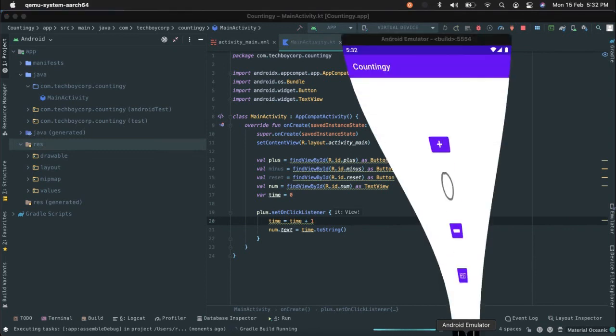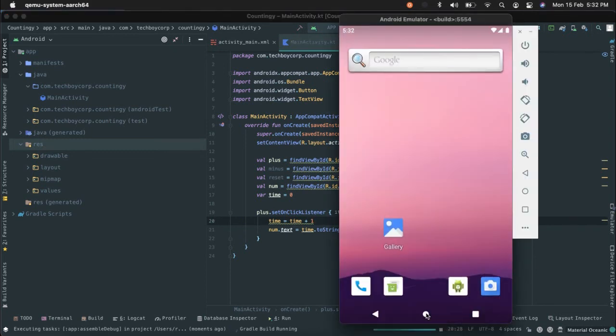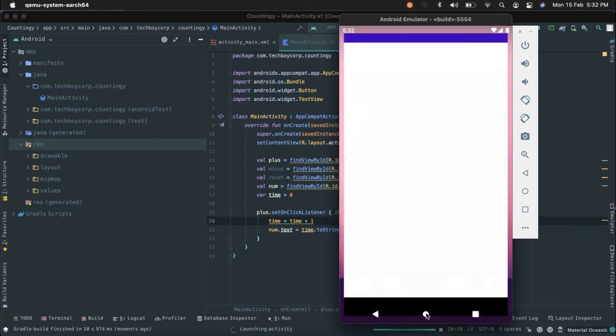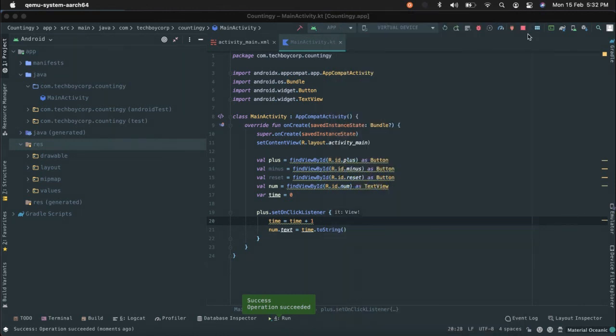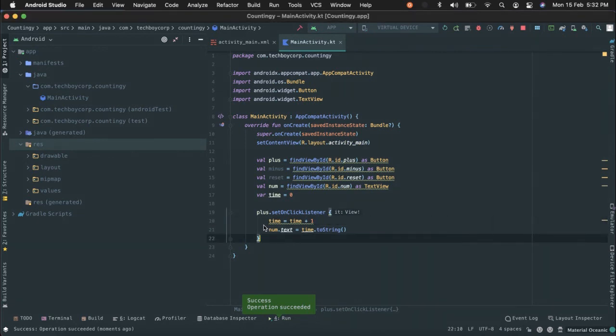Okay, we have our Android emulator on. Let's just go to home to see it automatically running. Gradle build is running right now, and boom, application launched. 1 2 3 4 5 6 7 8 9 10 11 12, whatever, and now minus is not working, and that's what we're going to be doing now. So let's copy this thing.